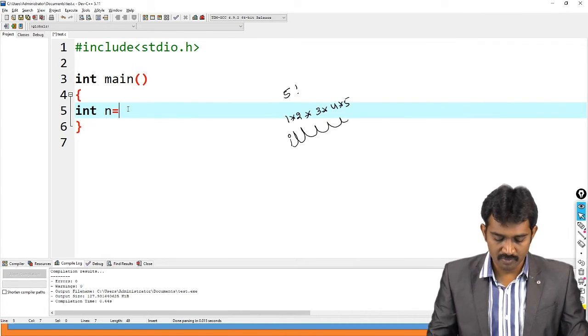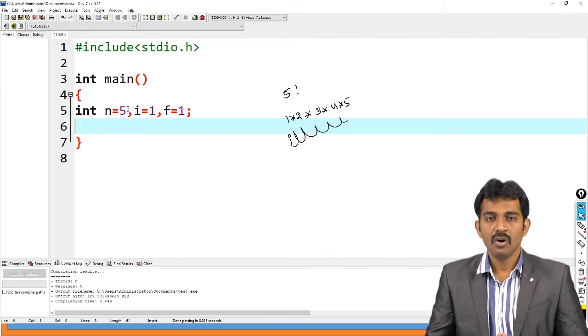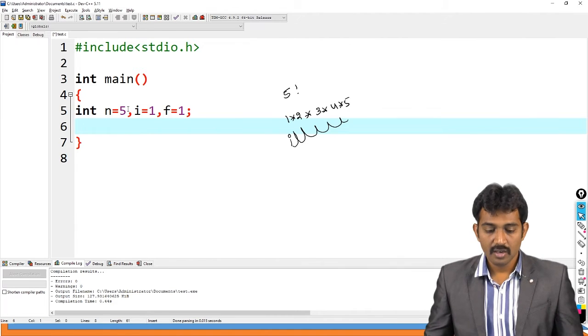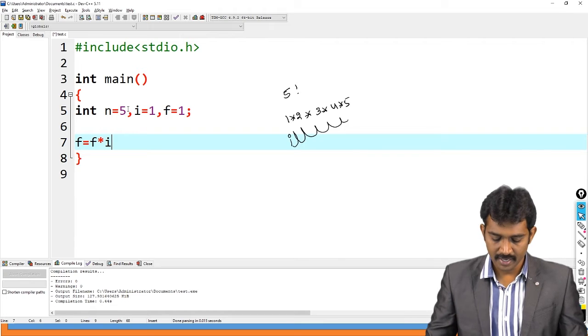n equal to 5, since I require 5 factorial, and i equal to 1, and I require one more thing, the result, f equal to 1 also. What I need to do here is calculate f equal to f into i, right?